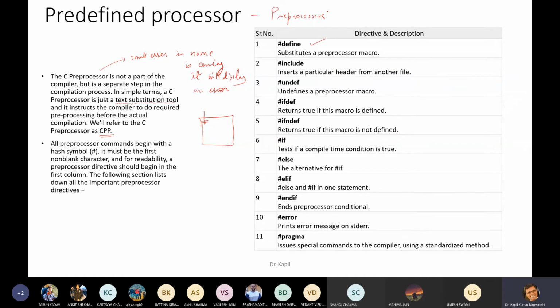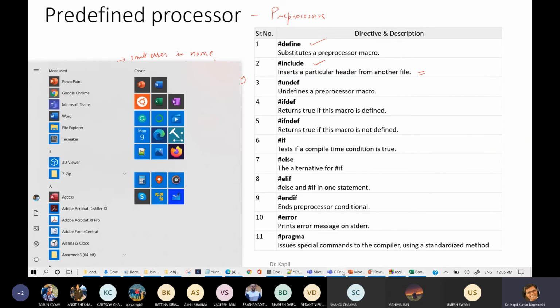Hash define substitutes a preprocessor macro. Hash include inserts a particular header from another file.